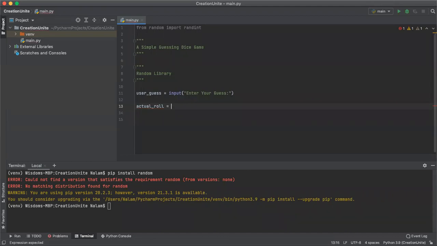What our actual role is going to do is use what we imported, the library we imported, randint, and we are going to say that it should give us values between 1 and 6, right? Then what we want to say is that